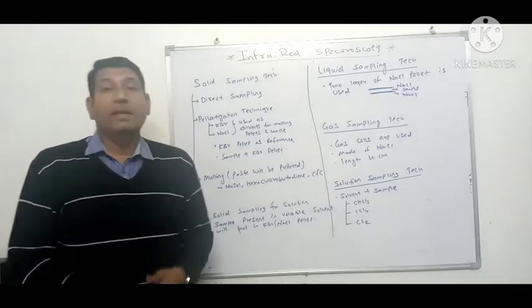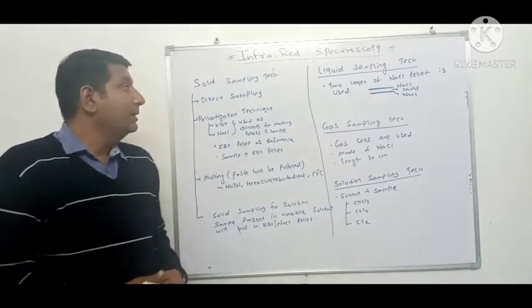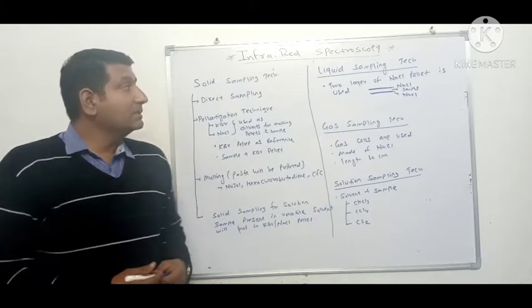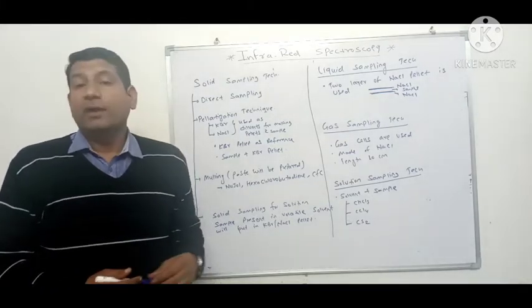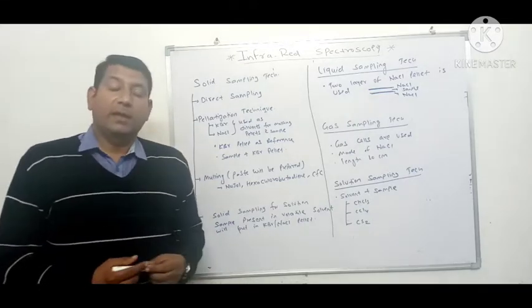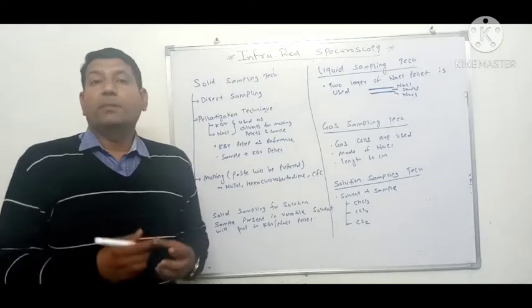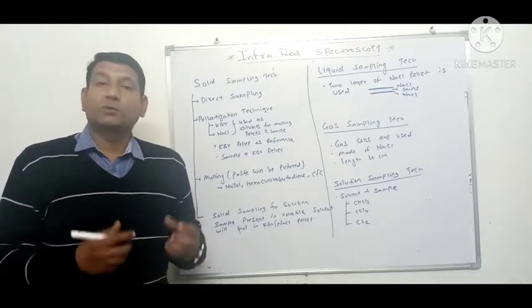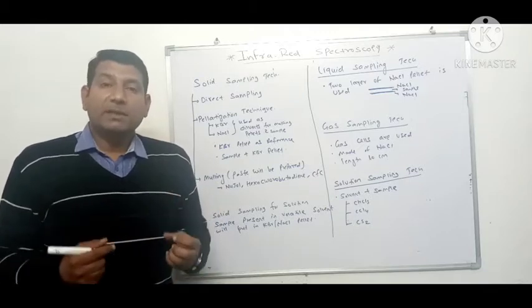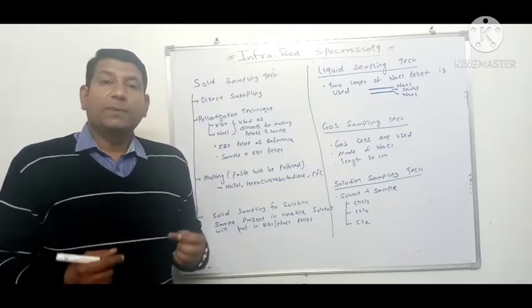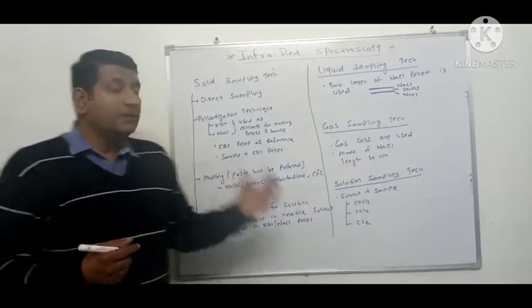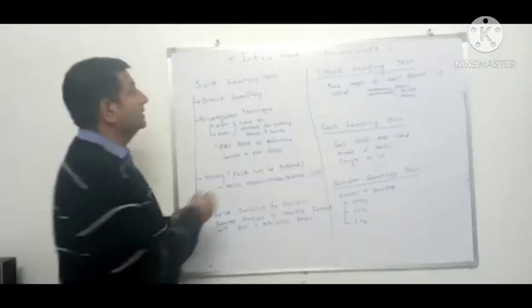In the series of our lectures on infrared spectroscopy, today's lecture is sampling technique. So let us discuss sampling technique. In the previous video we discussed the instrumentation part of IR spectroscopy, and we learned that the major important parts of the instrument are radiation source, mirrors, reference cell, sample cell, monochromators, choppers, detectors, amplifier and recorders. In this video we will discuss sampling techniques.